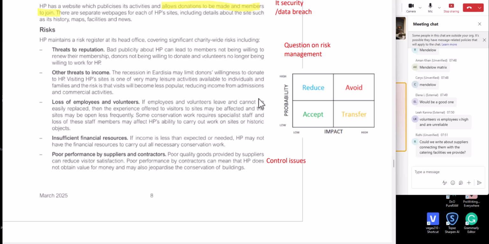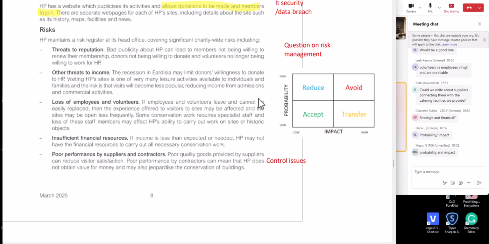So we've got risks here. I'm just thinking a question about risk management. If you asked about risk, assess the risk, what are the two things you talk about? If the question says assess the risks, what do you talk about? Yeah, Mia's, impact and probability, right? So it's these two things, right?